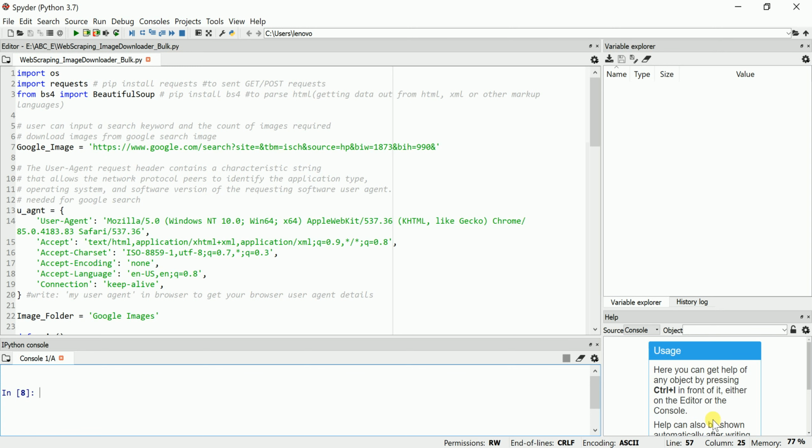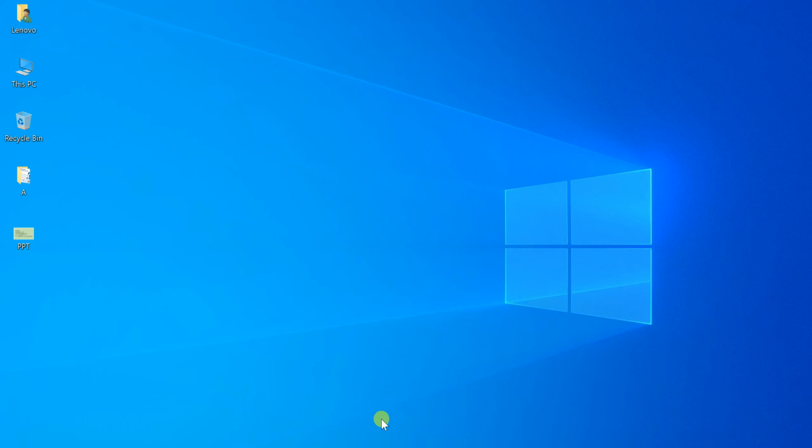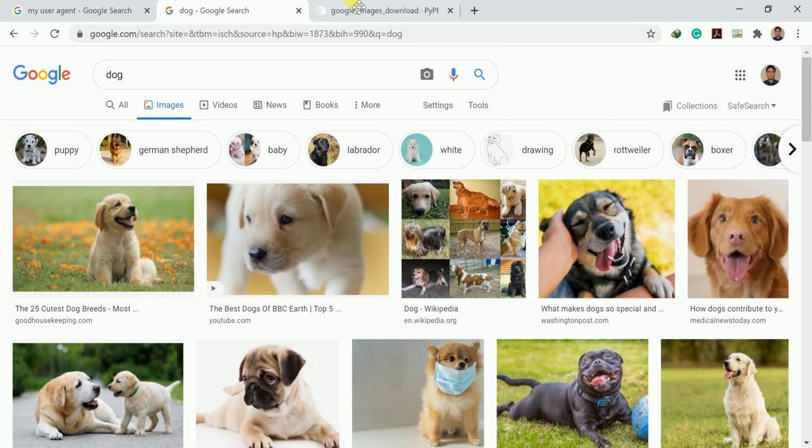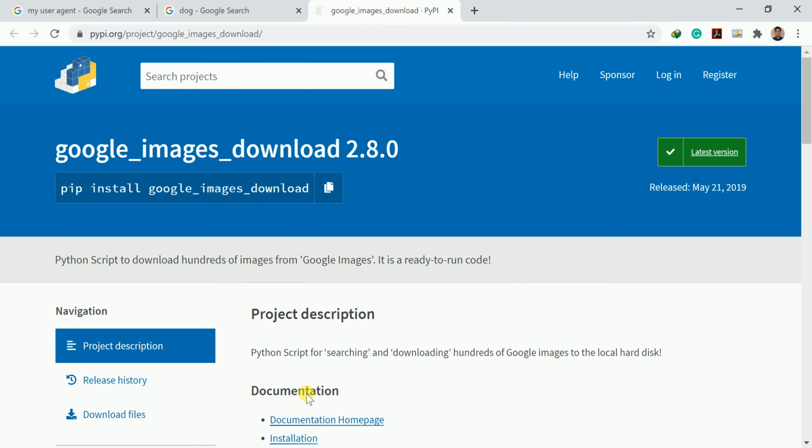Earlier even I was using one library called google_images_download. Currently, this is not working as of today. Google often changes its code, so it's quite difficult to continue a code for a longer time.